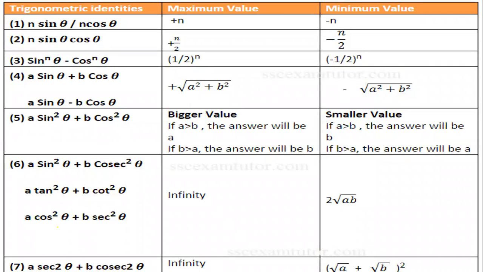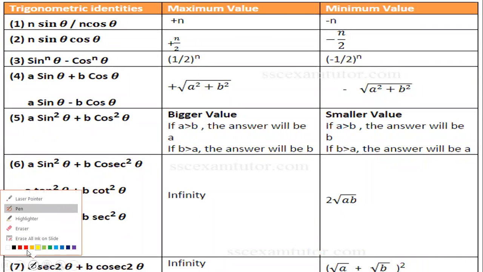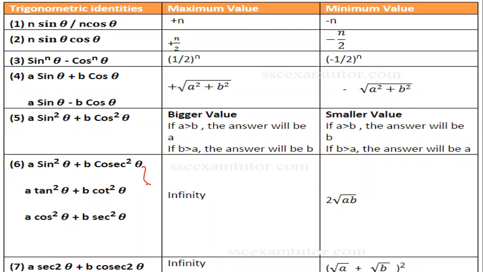See, dear students, once again I'm giving this. This one is already completed; the sixth one is not yet completed. So n sin theta or n cos theta, if they give, separate this one. Sometimes they ask 2 cos theta or 4 sin theta, for example. 4 sin theta means the maximum is 4 and the minimum is minus 4. They give examples.